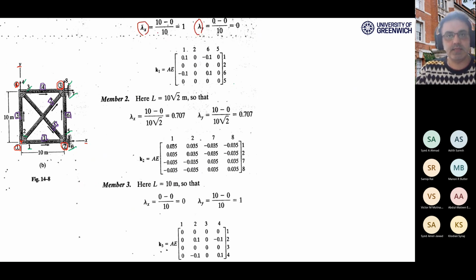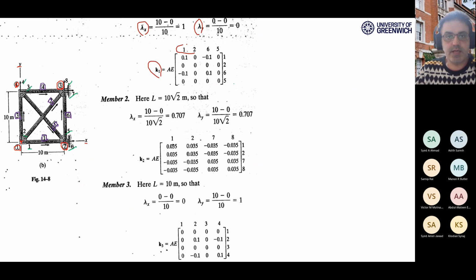As you know, lambda x and lambda y are easy to calculate and put in the 4 by 4 stiffness matrix. And we are just following the simple formula. The only trick you need to be careful about is for every single 4 by 4 matrix, just to write